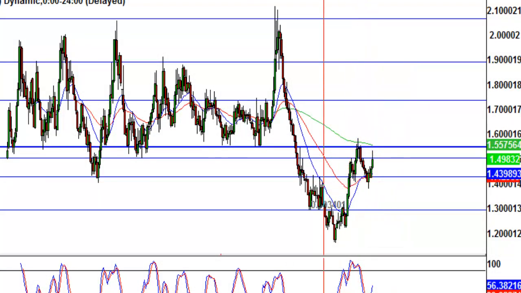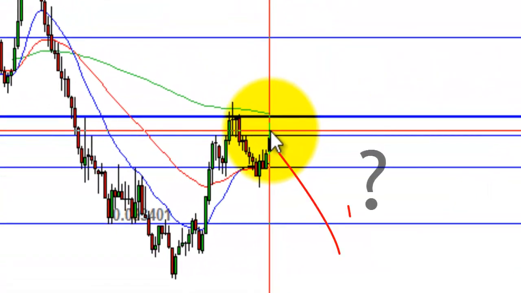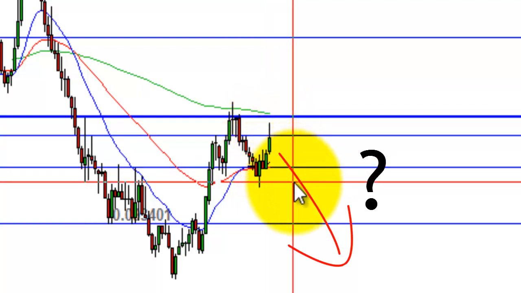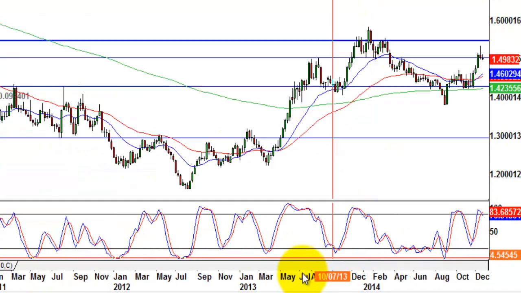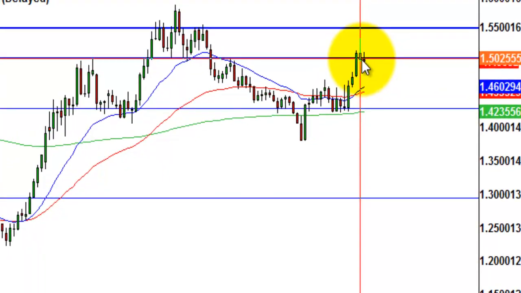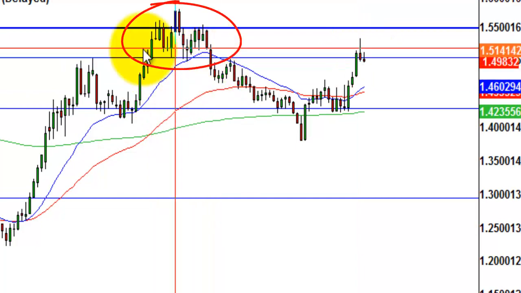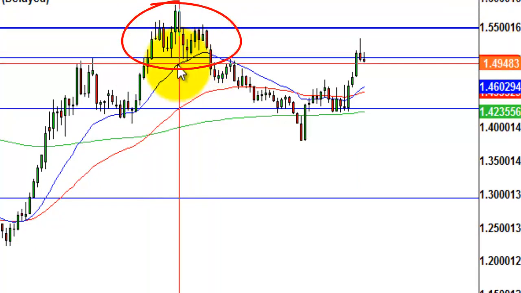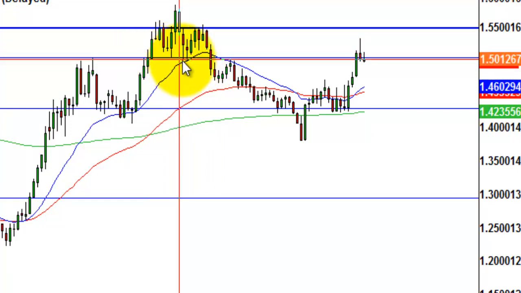But what is interesting here, please bear in mind we are looking at the monthly. We could potentially be making a lower high before the move to the downside here. And we can see this more acutely on the weekly time frame, where week before last closed as a bearish pin bar reversal here, testing what was a head and shoulders formation here, i.e. January time. The neckline, as we can see where my mouse is, has now been tested